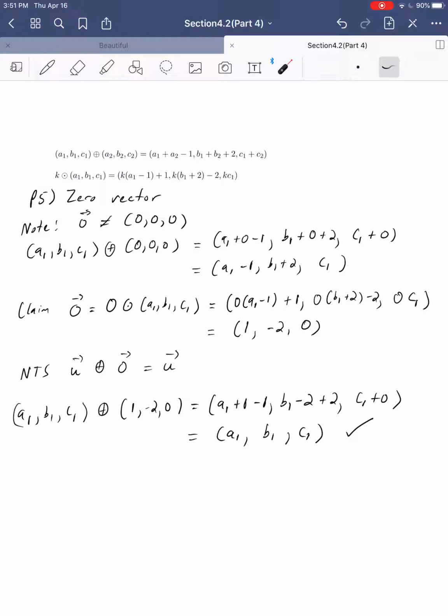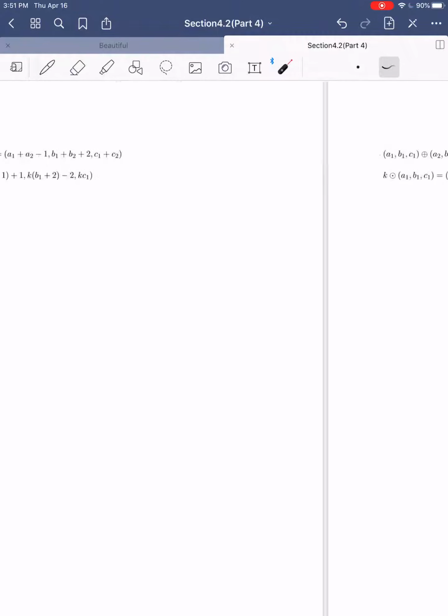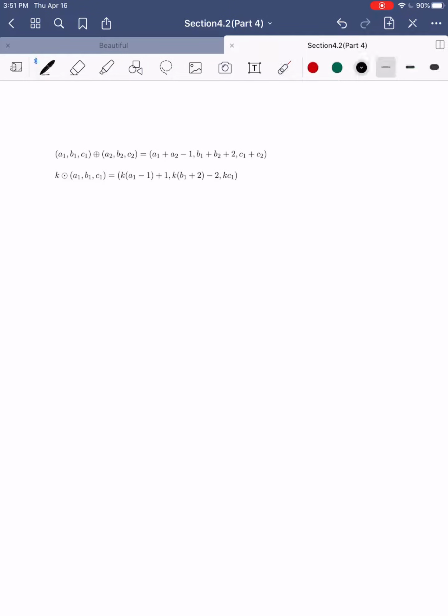All right, let's do the same for figuring out the additive inverse. Now I'm just going to see how many pages. Okay, so we've got plenty of pages to go here. All right, so P6,